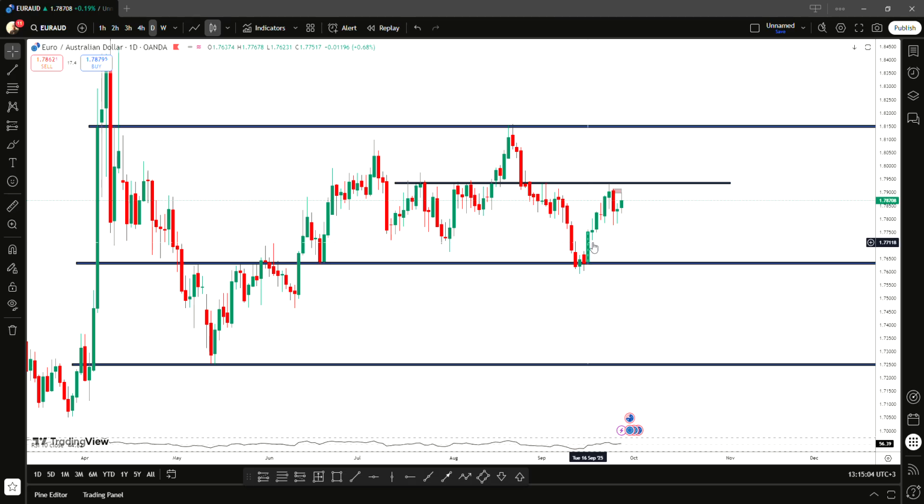So how do we take advantage of this? Simple. So wait for a price action to take off. The moment you see this bullish candle, this bullish engulfing candle, it shows you that the price has started going to the upside, or the trend has started. So you drop down to the